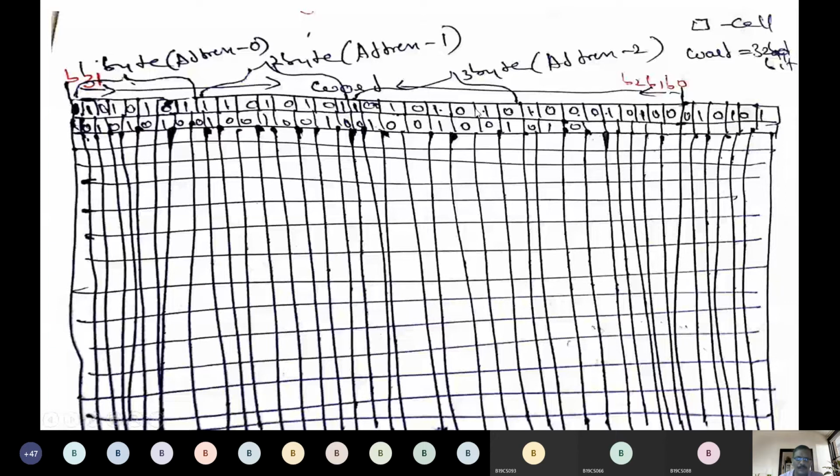Can anybody say what is the address of my second word in this memory? First, what is the address of the first word? That is the address of this word. Now a quick answer, because we need to cover the material.